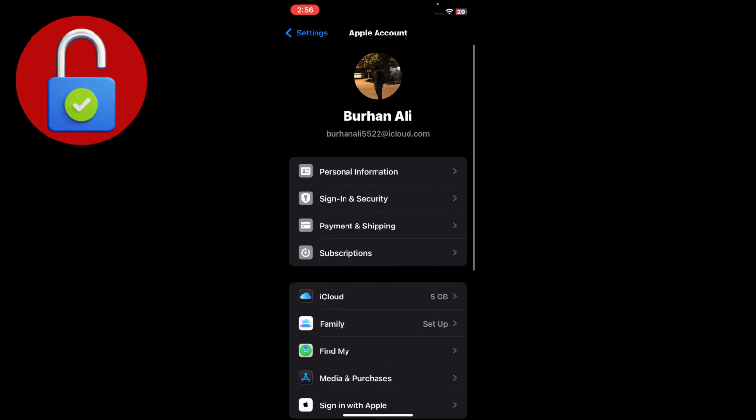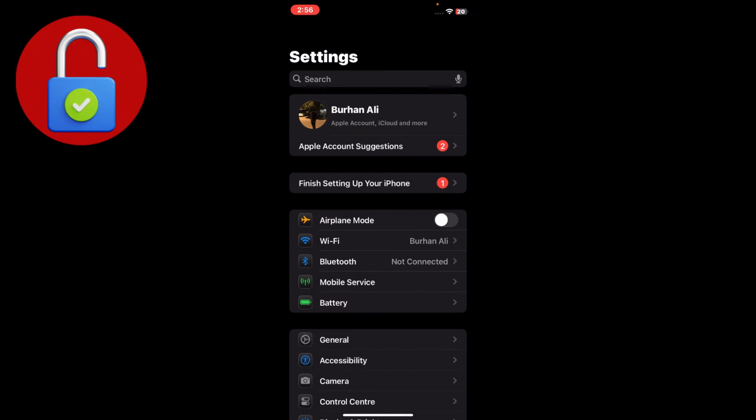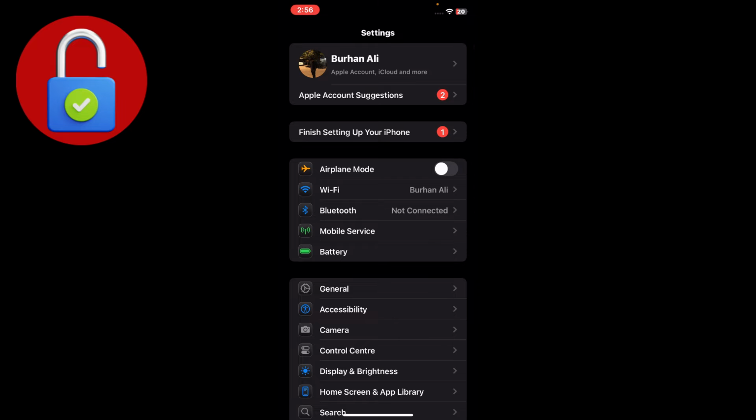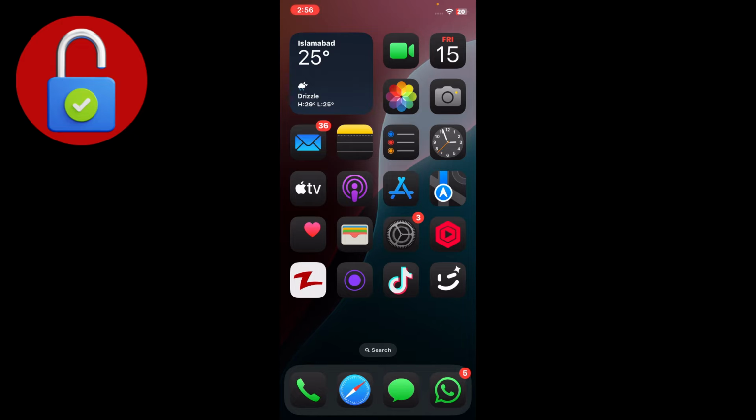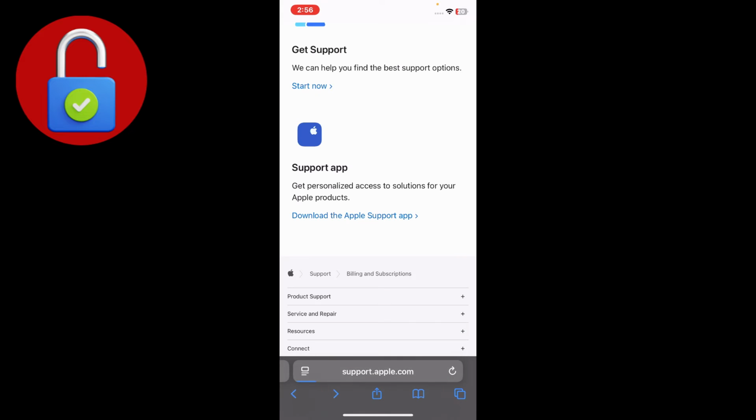So after you log in to your ID again, make sure that you do those settings before logging out of your ID. After logging out and logging in again, simply go back and restart your iPhone just like that. You just have to press the power button and the power up button, and your iPhone is going to turn off and on again. And after that, even if the problem is not solved, simply go to your Safari and go to a new tab and search Apple Spot,